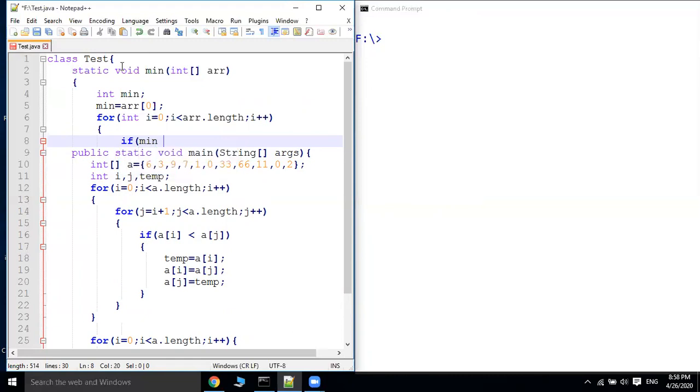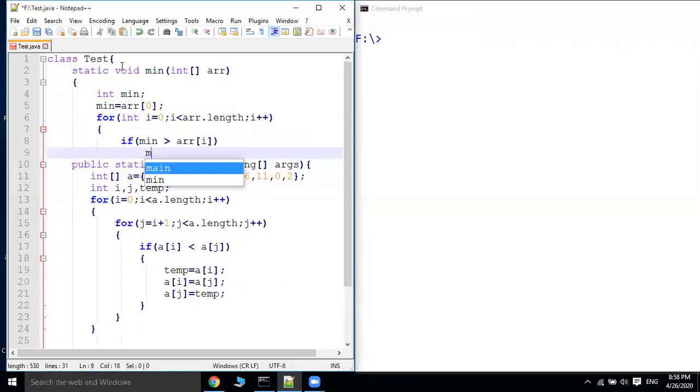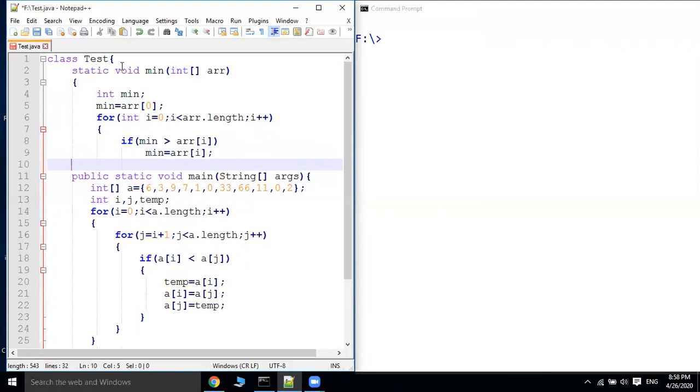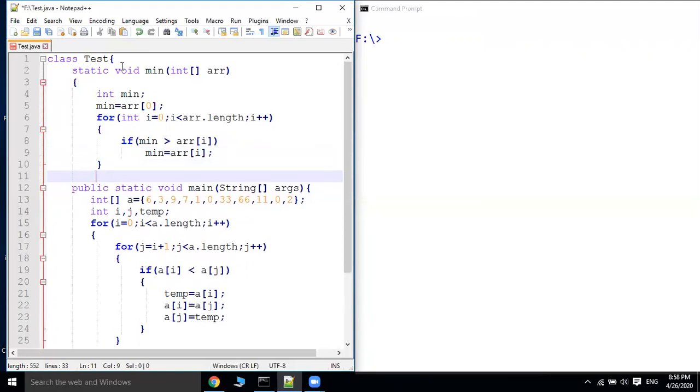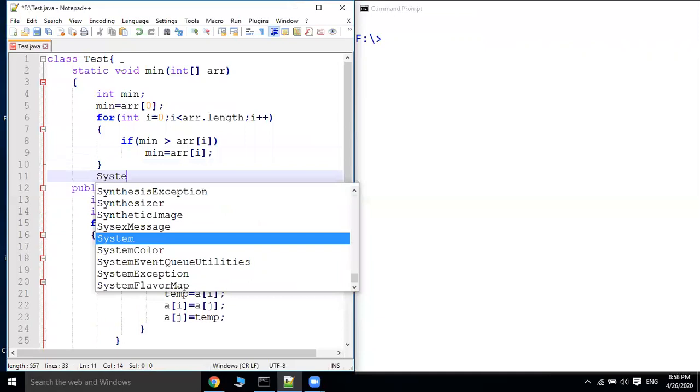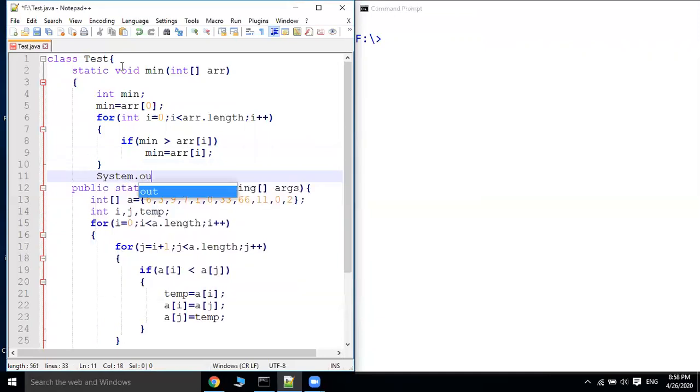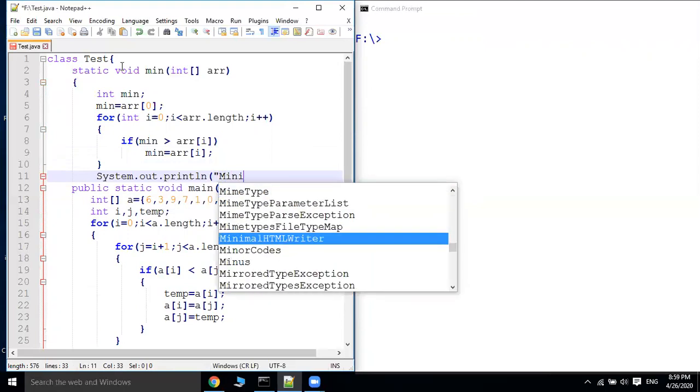If min is greater than arr[i], then let us copy arr[i] into min. That's all. And let us print with System.out.println.